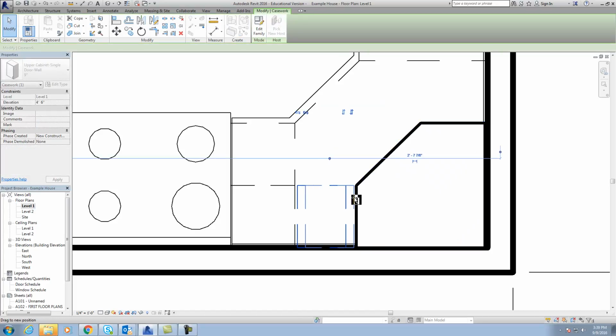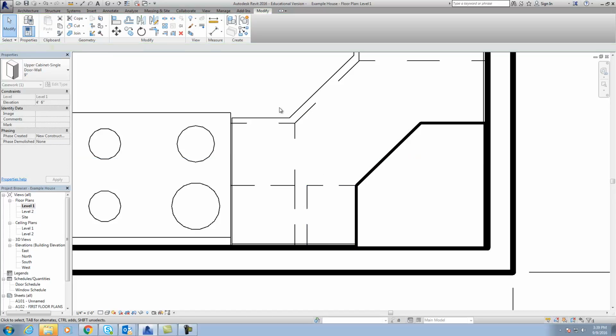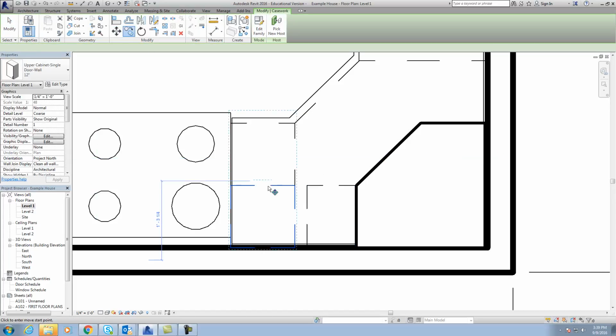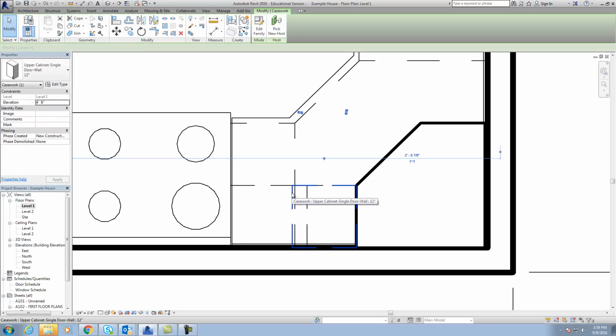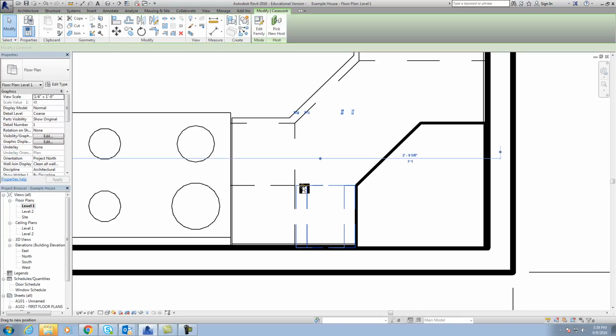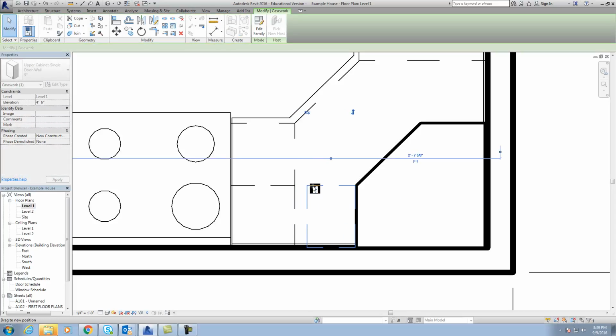So I'll end up moving that one over, and I'm telling you, I don't know why that should fit. It's not fitting. So we'll just go with that 9-inch cabinet right there,